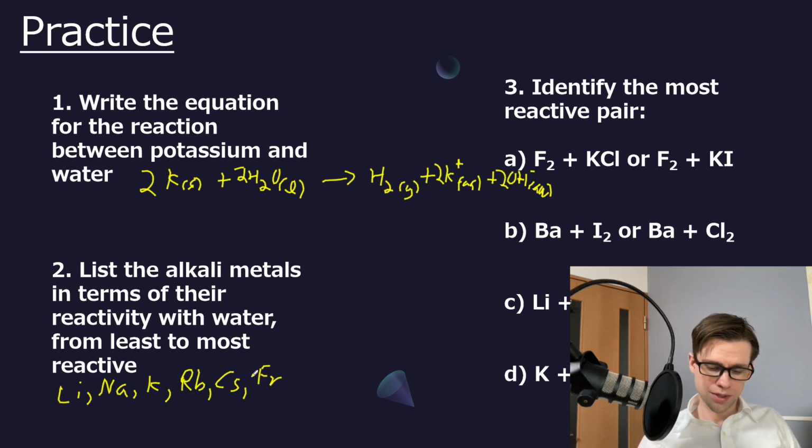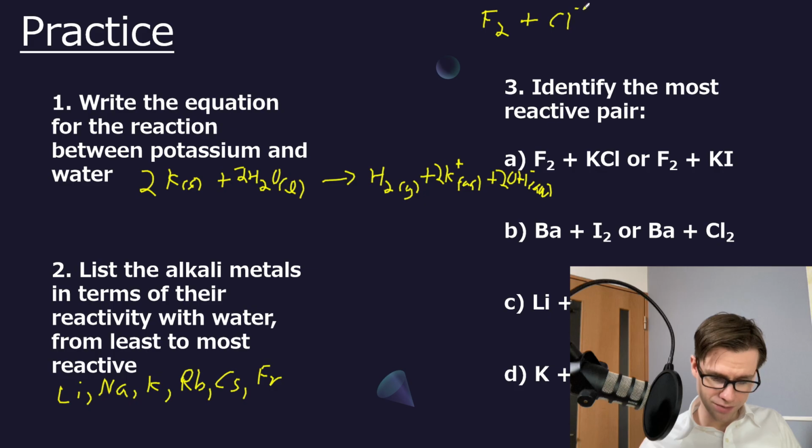So let's consider this. 3A, F2 plus KCl or F2 plus KI. So this looks like halogen gas, pure element, with a salt. But what you really need to think of is one of the previous slides I showed you. This will be F2. Really, it's reacting with either Cl minus (aq)